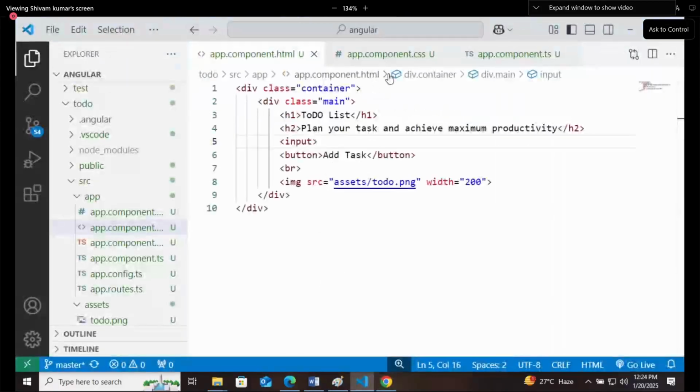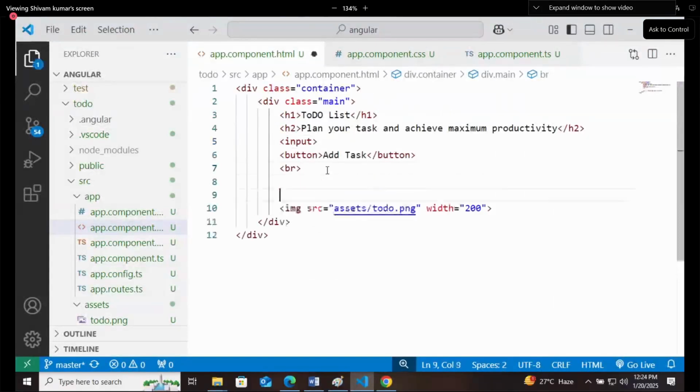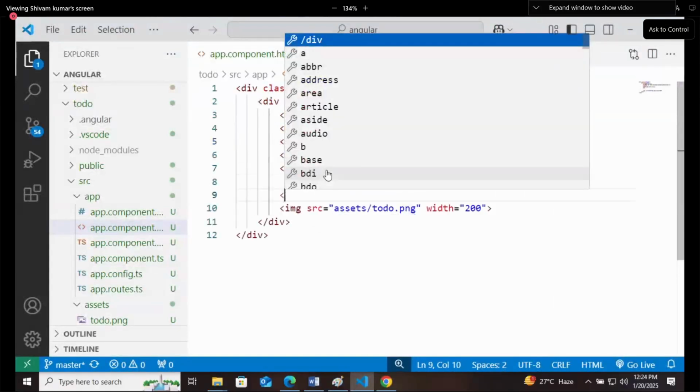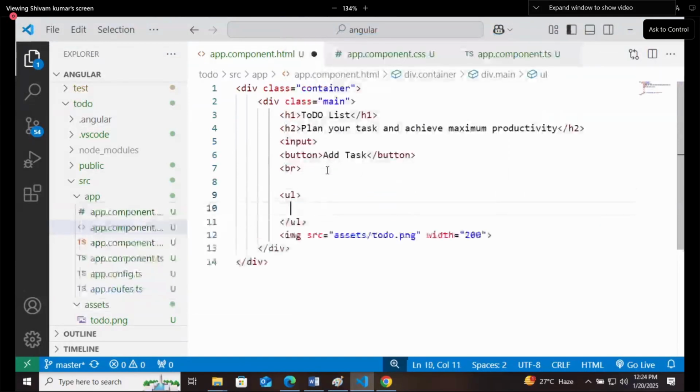The rest we will complete tomorrow. Then after this, you need to render your list. So another list I will keep. In the list item, I will use the ngFor directive, ngFor equals let i of tasks. Whatever tasks are there, render them here.